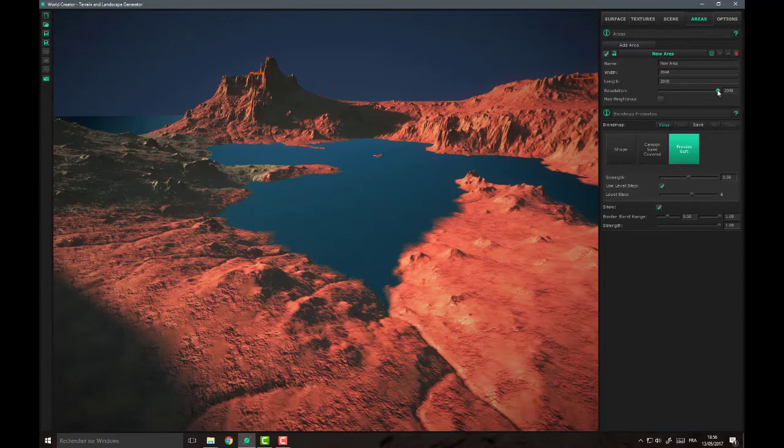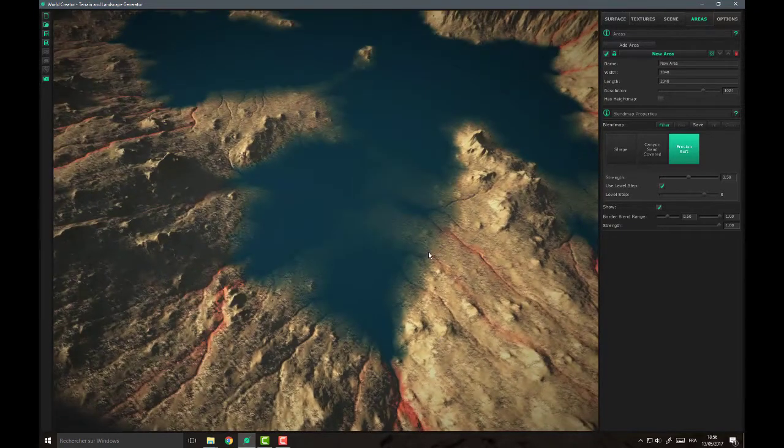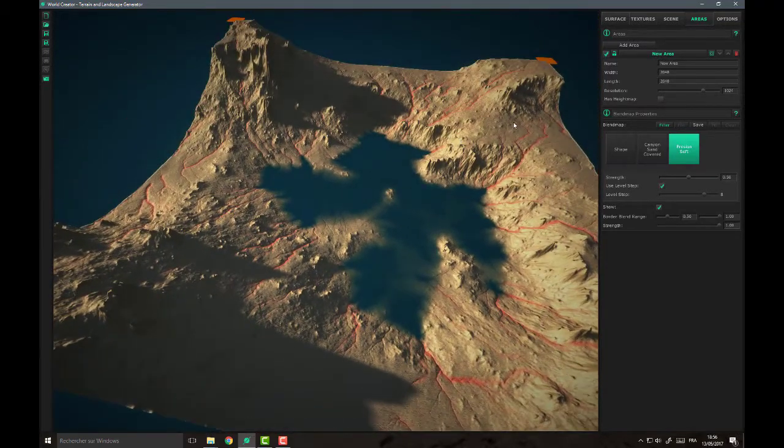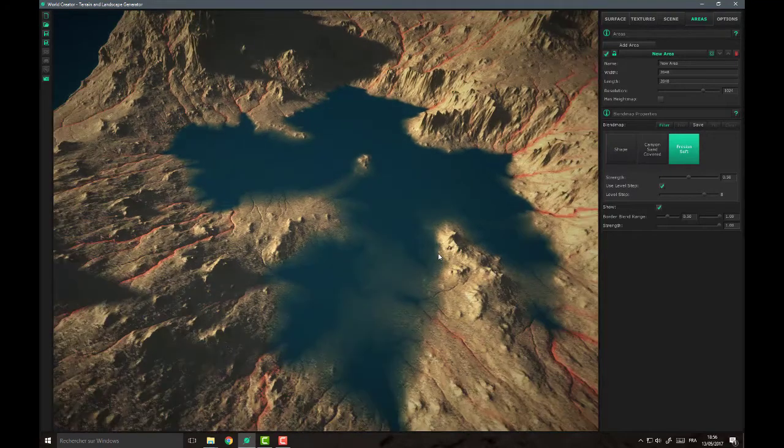I'm not sure it works with that resolution. And then increase the level step 8, and as you can see, it selects only the areas that are eroded. So this is the selection mask you can apply later on in order to select areas where textures will appear. So we'll name it erosion